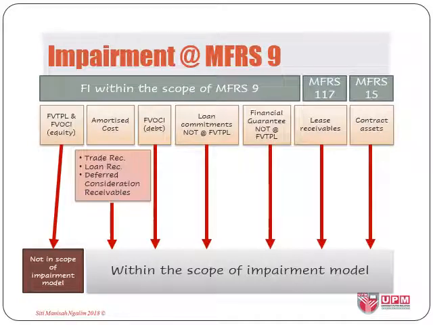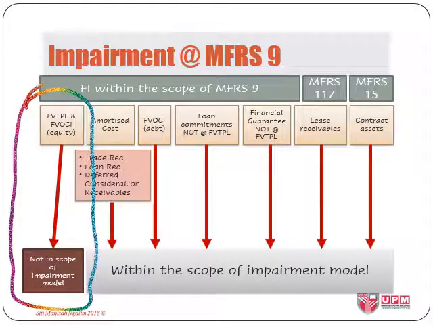For impairments of financial assets, please note that equity is outside of the scope for impairment under MFRS 9, since it can only be classified as fair value through OCI or fair value through P&L, without the requirement to recycle changes in fair value to profit or loss when disposed. Please also note that debts that are classified as fair value through P&L are also not in the scope of impairment under MFRS 9. So that leaves us with the financial assets that are not equity and that are not classified as fair value through P&L. Everything else is included.